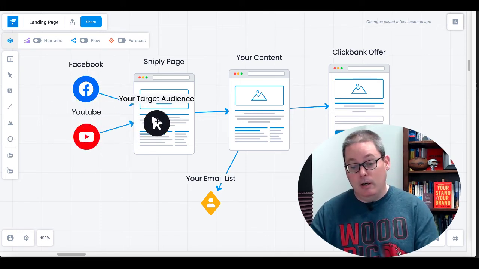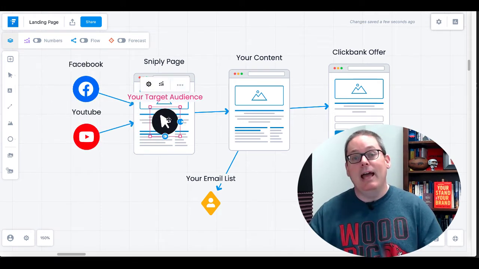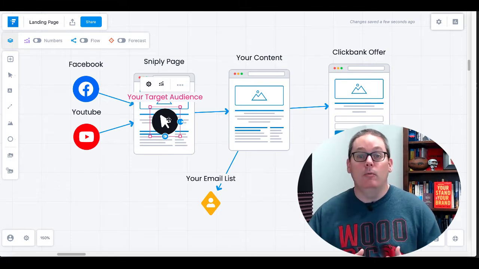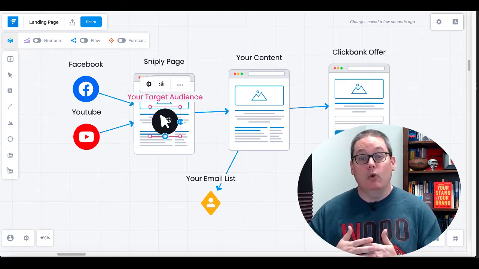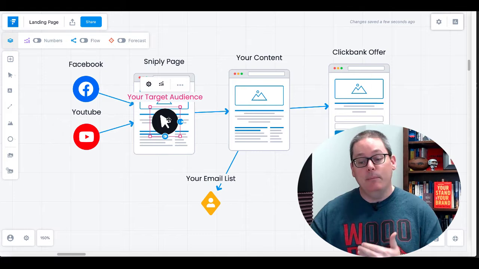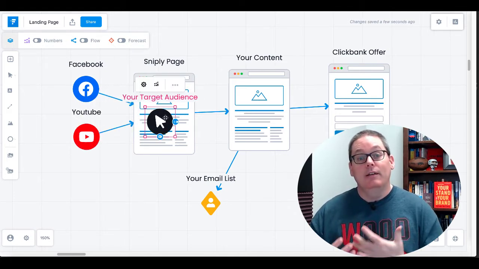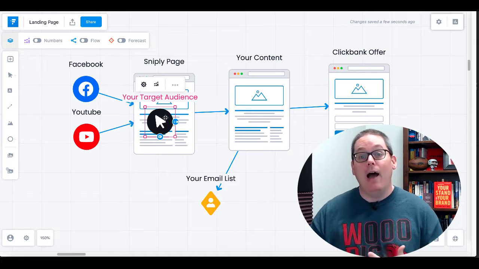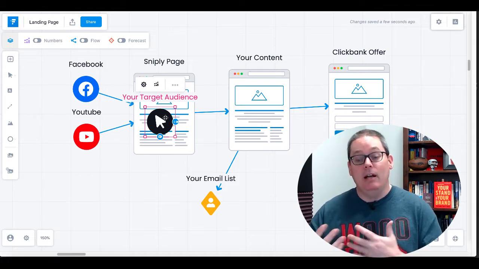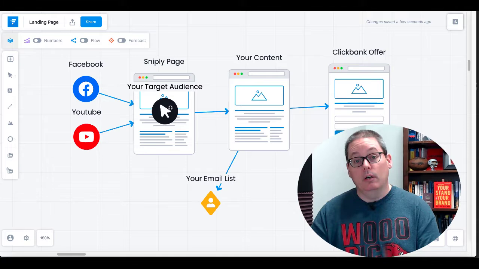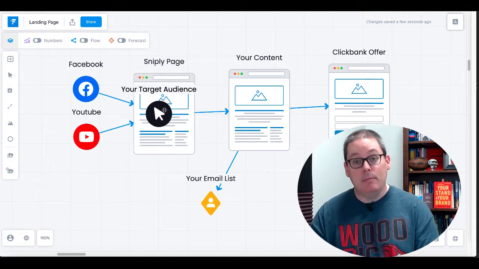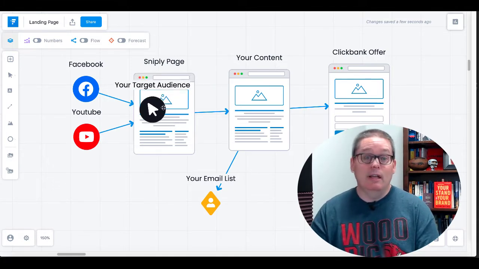Then your target market goes over to your Snipply page. Now you've been in that Facebook group, you've provided real value over a period of time, or on your YouTube channel, and you said, hey, check out this article that tells you why or how you should be doing this. And then that article has your brand and your call to action on the Snipply page laid over it with a solid call to action.